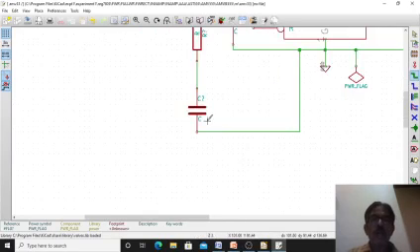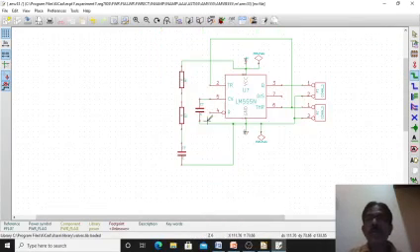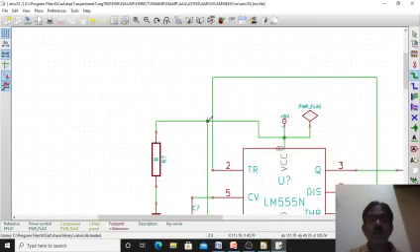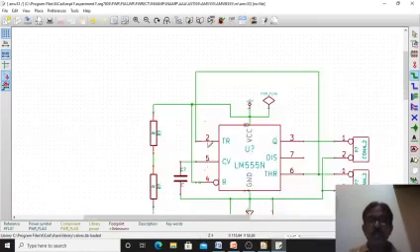Okay, then pin number 4 and 7 are remaining. Pin number 4 is going to VCC. See the circuit diagram, it is going to VCC, so I am connecting it at VCC. This is going to VCC, right? Then pin number 7 is going here in between these two resistors.